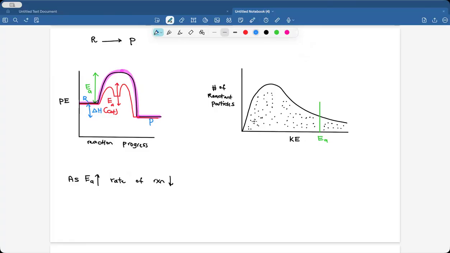So we're showing which particles have high kinetic energy or which ones have low kinetic energy. Towards the end, there's a green line that shows the activation energy. So basically what we're saying is that only so far these molecules, based on collision theory, have the sufficient kinetic energy to react. So these are the number of reactant particles